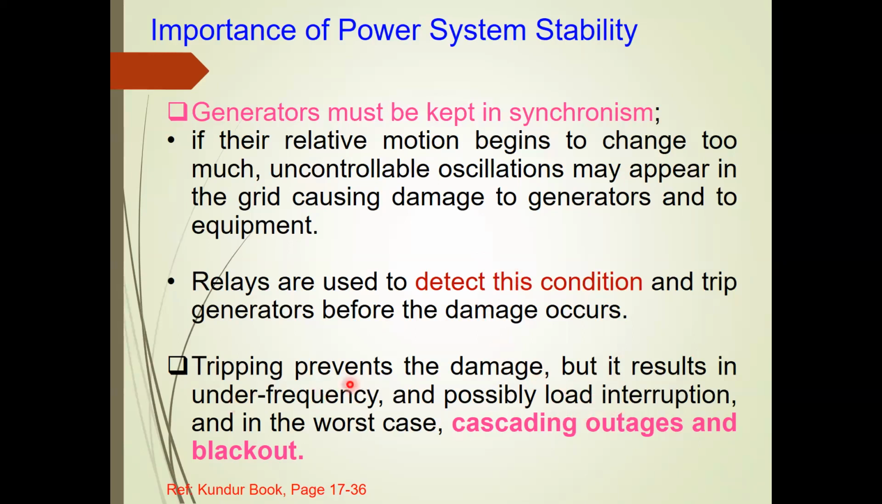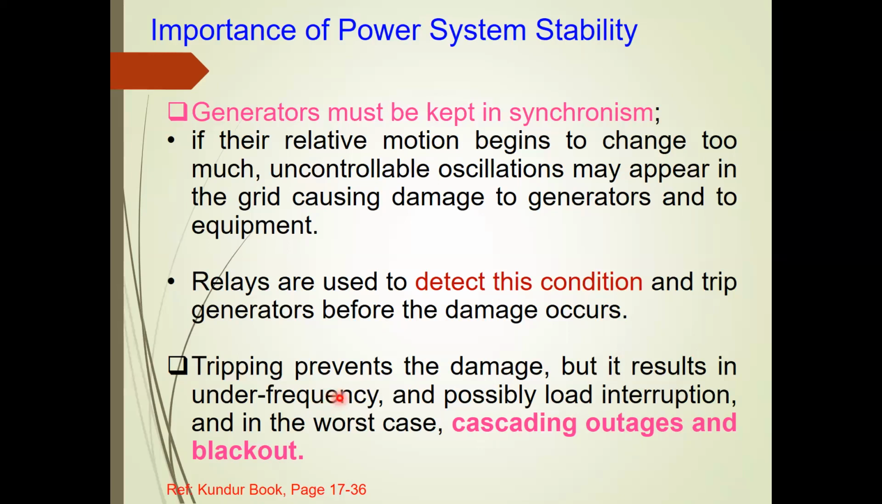Now, if you have under frequency and this is allowed to take place, let's say in the worst case, then this may result in cascading outages. Let's say one generator outage. You don't have the demand being met with the available generation, then what will happen? Under frequency takes place. And because of the dip in the system frequency from the nominal value of 50 hertz, let's say,